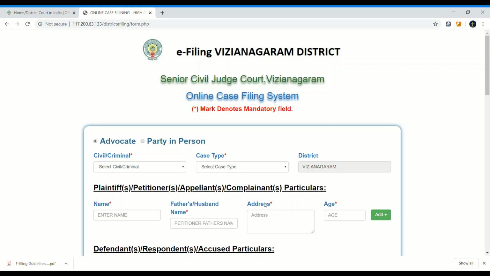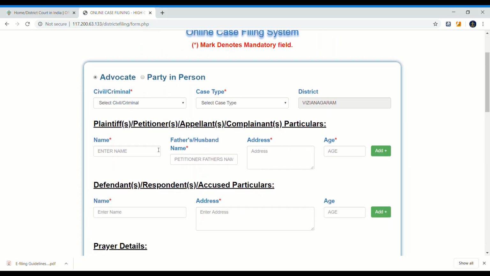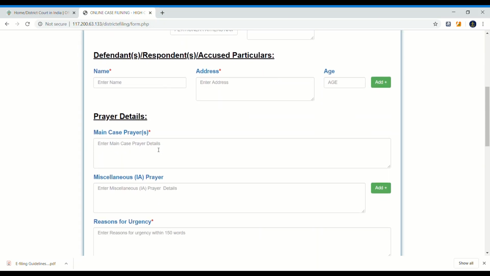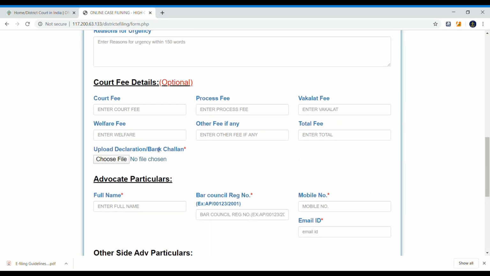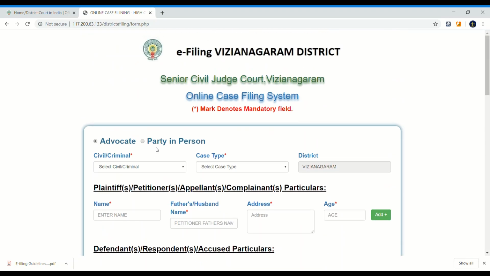So in the new filing, either an advocate or a party in person can file a case. If we click on advocate, the details appear like this. If we click on party in person, the details appear like this.